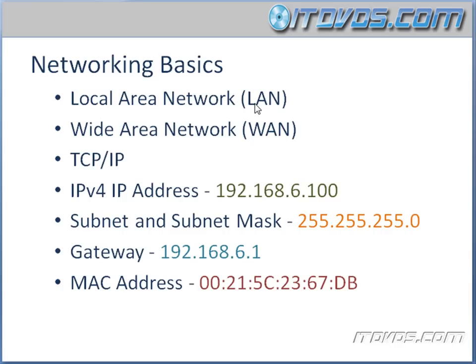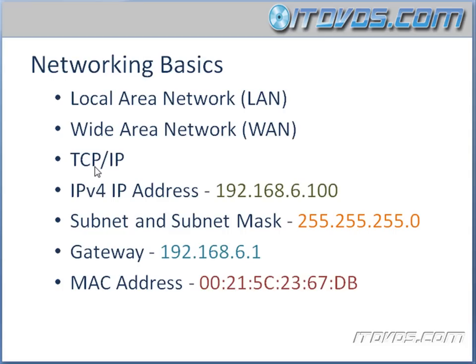But what about if you have two offices? Let's say one office in San Diego and one office in Phoenix, and those two offices need to communicate together. Well, somehow you'd have to connect them, and you'd connect them through a wide area network, also called a WAN. WANs are normally a bit slower than local area networks. A lot of times the actual WAN link or WAN connection, we have to rent or lease from a phone company or an internet service provider, because it would be very expensive to run your own line between your office in San Diego and your office in Phoenix, for example.